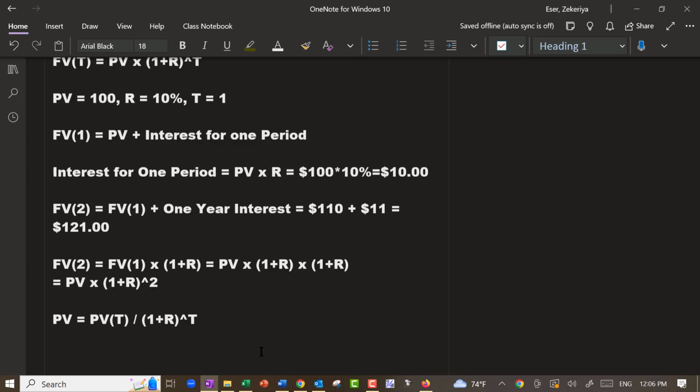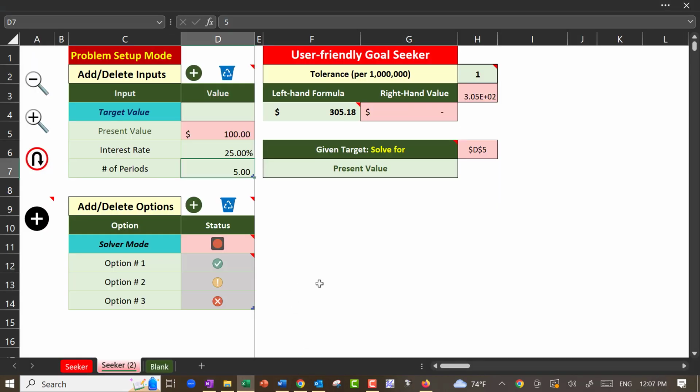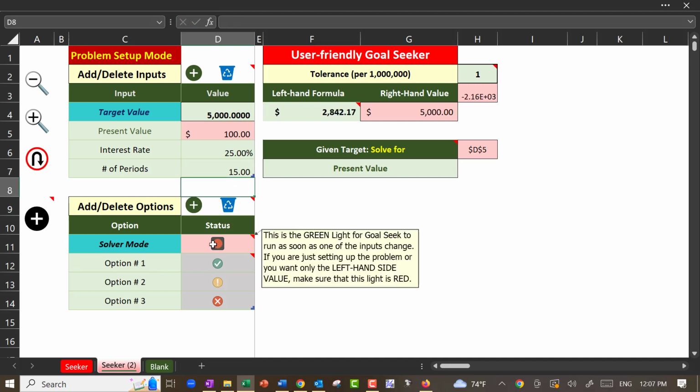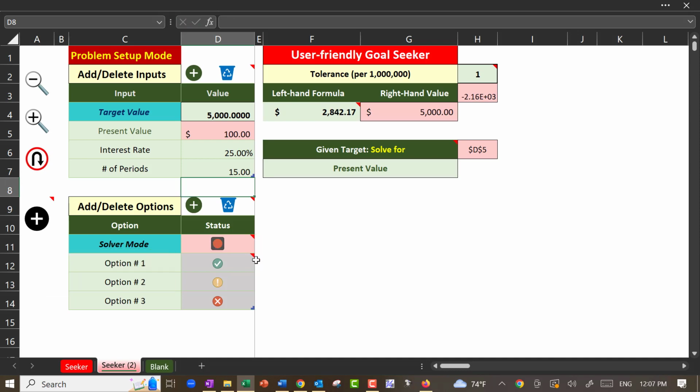Okay, and I'm going to enter my target value. I want $5,000 in 15 periods, okay? If I double click on this one, that changes the light to green. What it does, the values actually change from 1 to -1 and vice versa. But there is something called conditional formatting that I'm going to teach you guys. It just shows you the light. For example, if I took the value of that